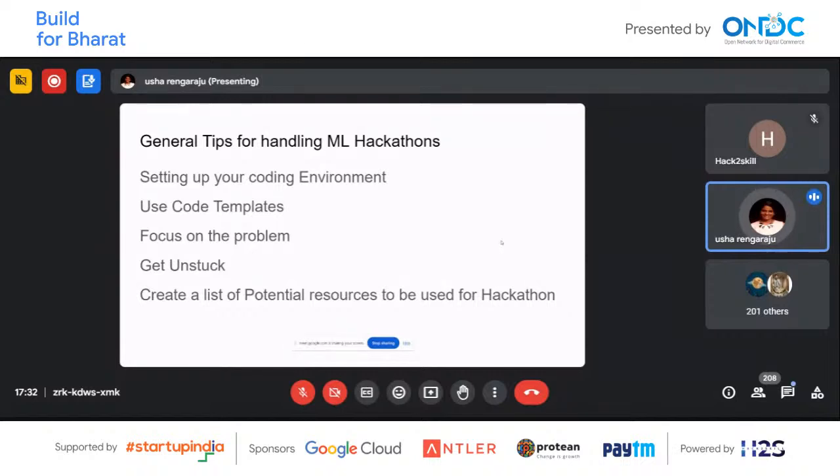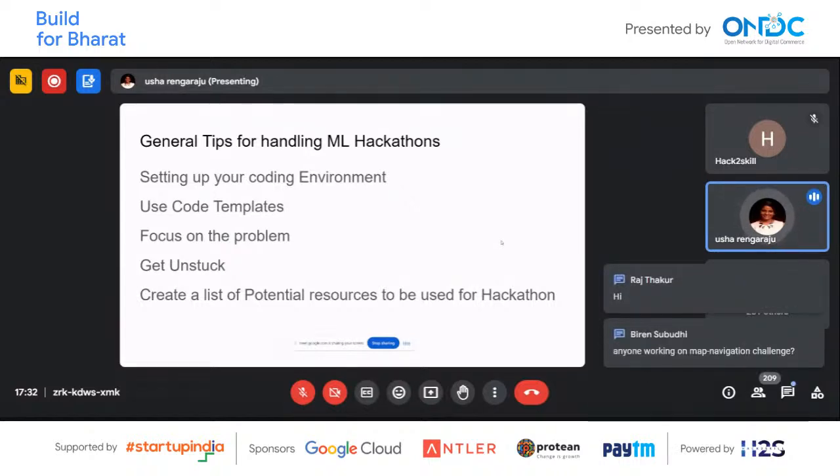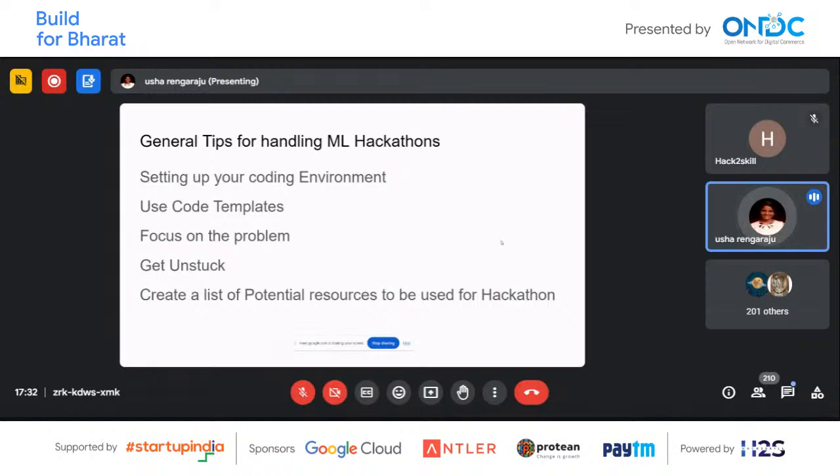What is the source code repository you are using for versioning? What is the versioning tool you are using? It could be GitHub, or a different tool you're comfortable with. Fix your working environment first, because there are 5 people who are going to do it. What kind of collaborative environment are you going to choose? There are multiple products out there, but which one are all of your team members comfortable with? It could be GitHub or any product you are comfortable with for source code versioning, keeping track of all your source code in one place.